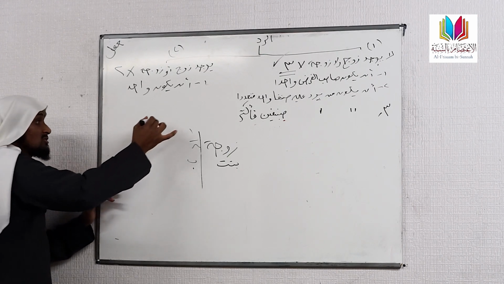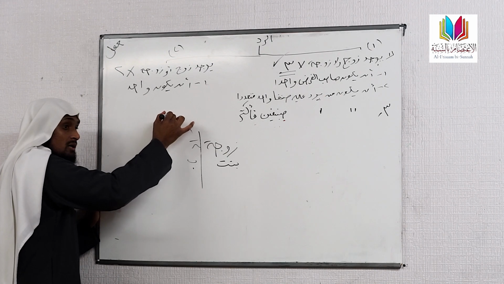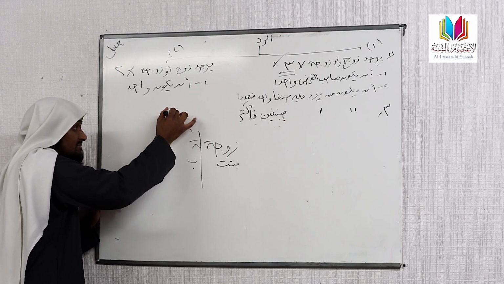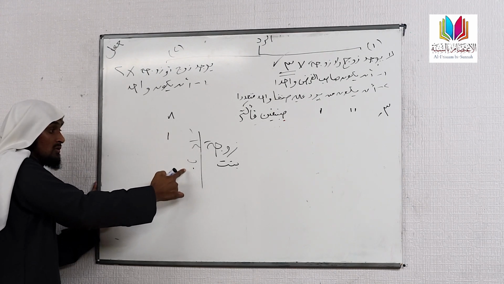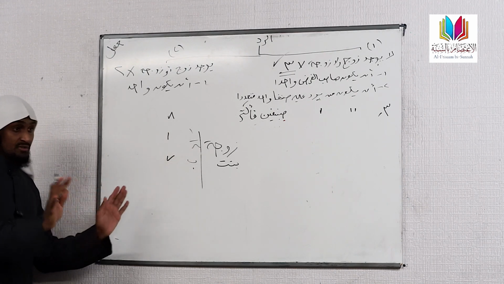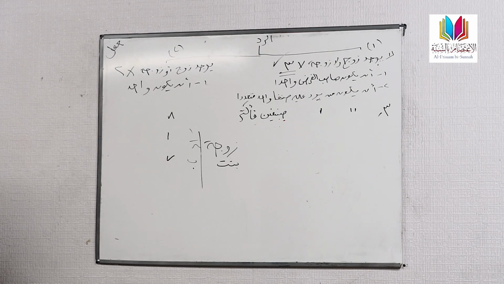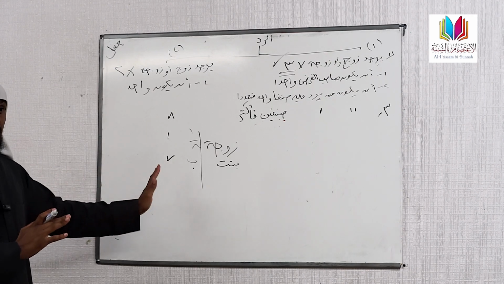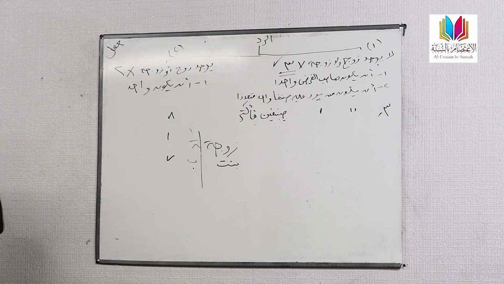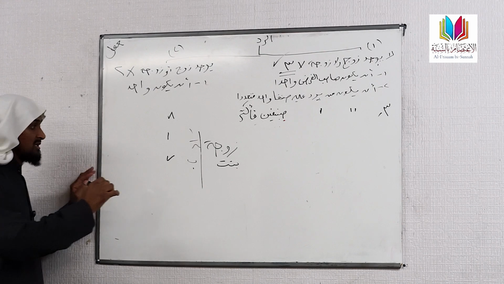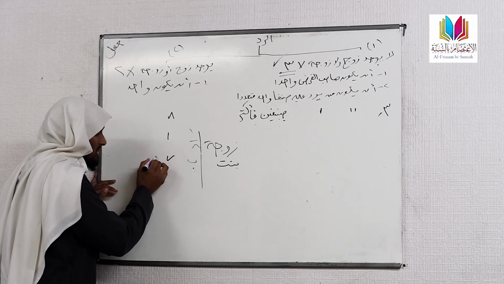Then the asl masala is going to be what? 8. 1/8 of 8 is 1. What is left over? 7. Khalas. So we're going to split the wealth into 8 here. We give one portion to the zawja, that's her right. But whatever is left over, we're going to give to who? The bint. Remember, if we were to use the old method, we would say the bint is going to get what? Nisf.